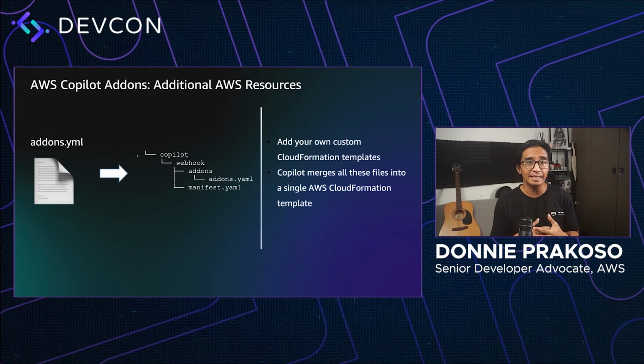And the way these add-ons work is pretty easy. The first thing that you need to know is that you can create additional resources by leveraging CloudFormation templates. The next thing you need to do is create an addons folder within the service folder that you already have. Then you just need to put the CloudFormation templates, defining all the resources that you want to associate with your service, into this particular folder. So what happens next is, the next time Copilot deploys your application, it will merge all these files into a single AWS CloudFormation template.